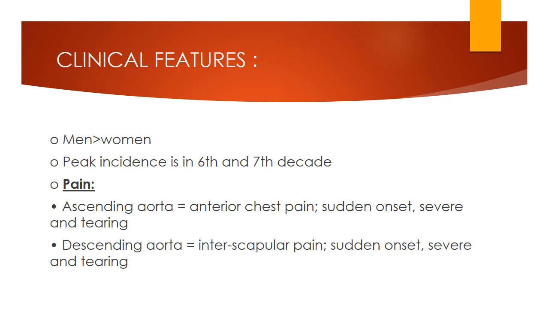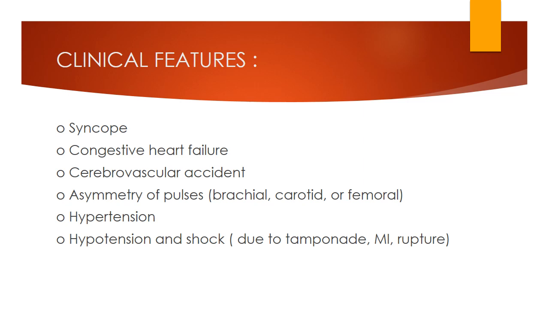If there is involvement of the ascending aorta, the pain will be in the anterior chest and it will be sudden in onset, severe and tearing in character. Whereas the involvement of the descending aorta will lead to interscapular pain, which will also be sudden in onset, severe and tearing. Other clinical features include syncope, that is sudden fainting, congestive heart failure features, cerebrovascular accidents, asymmetry of pulses